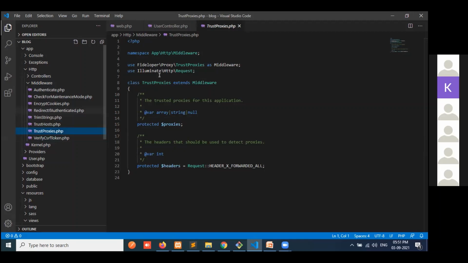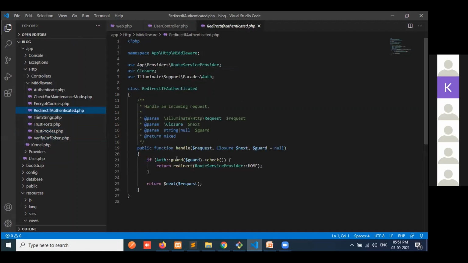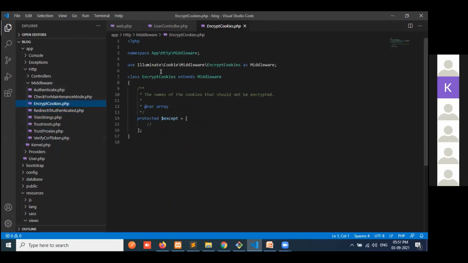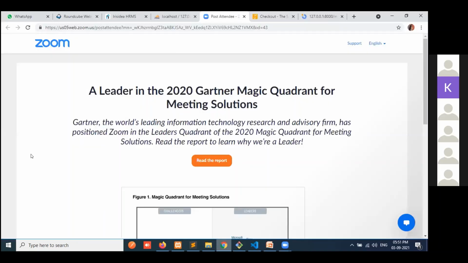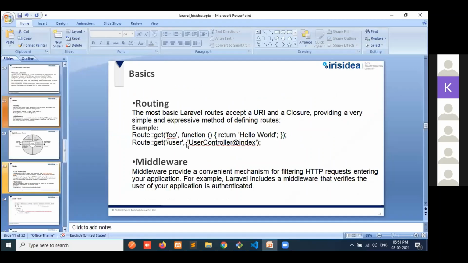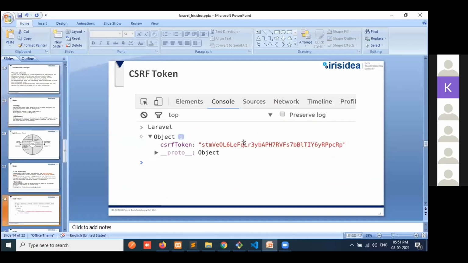If the user is not logged in, then it will redirect to the login page, and encrypted cookies also. Like that, a CSRF token it will create.